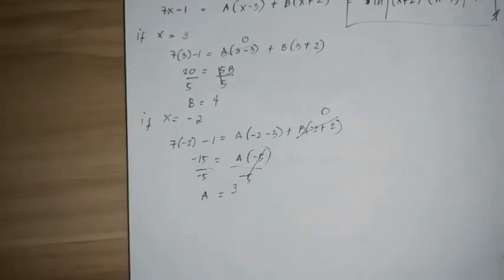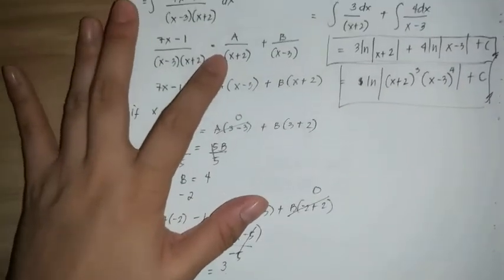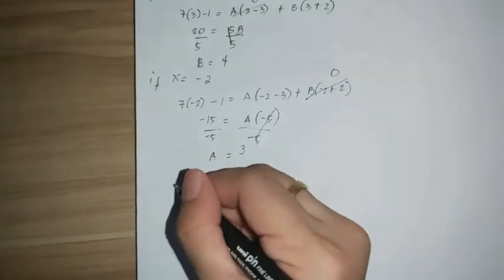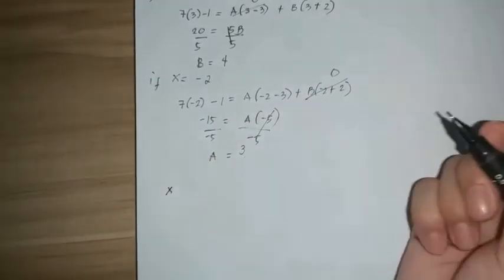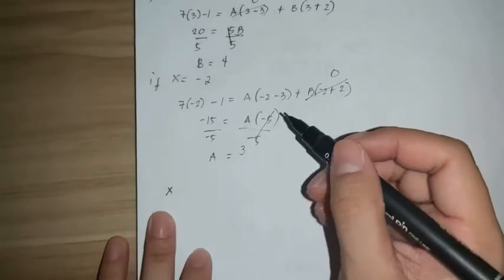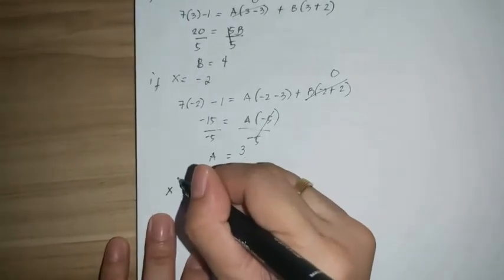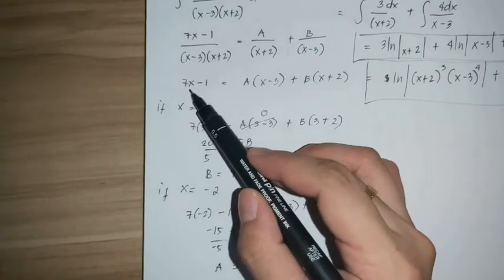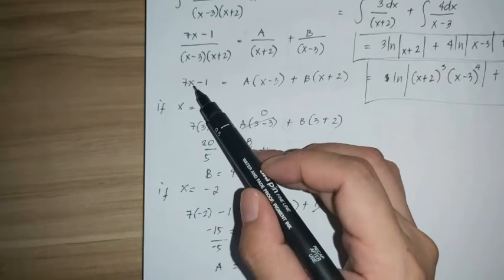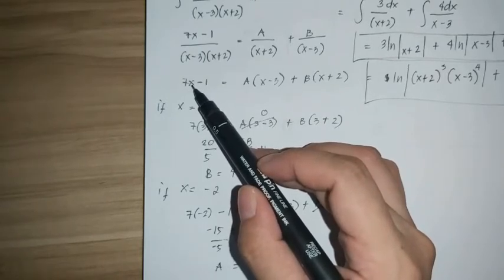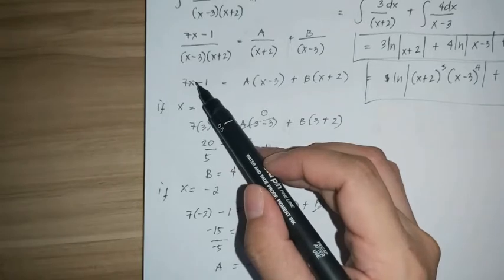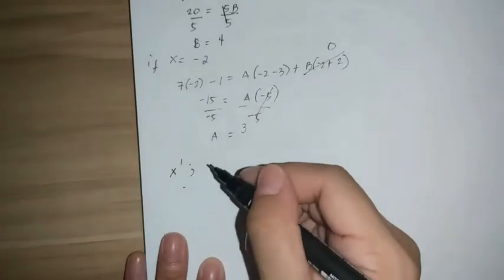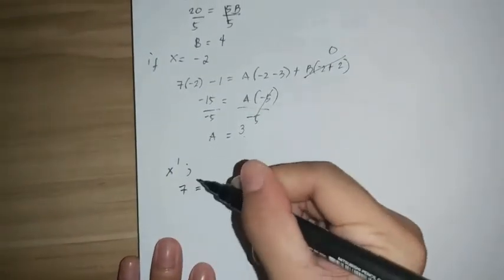Rather than get the value of a and b, we can make use of this one. If we assign the value x raised to 1, look at the coefficient of x raised to 1 here. When you say x raised to 1, that's x. So the coefficient of x is 7. So we have 7 is equal to,